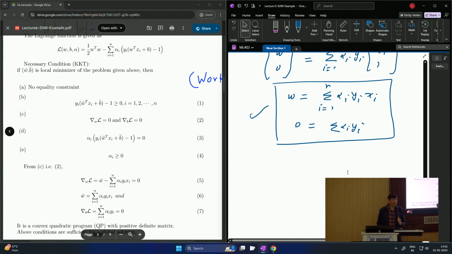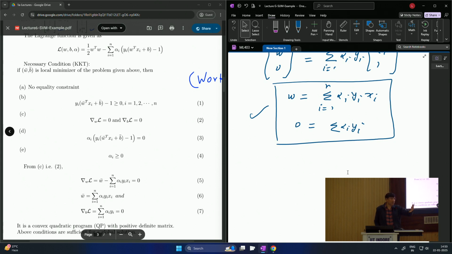Now, what are these? These are necessary conditions. What did we do in the case of regression? When we were trying to find a minima, what did we do? We applied the sufficiency conditions. The sufficiency condition was that the Hessian is positive definite, and gradient is equal to 0, when we were doing the unconstrained problem. Then on this Monday, day before yesterday, we talked about the constrained problem, where the sufficiency condition is that you have to satisfy the 5 necessary conditions, and the Hessian of the Lagrangian with respect to x is positive definite over the null space of the Jacobian of constraints,